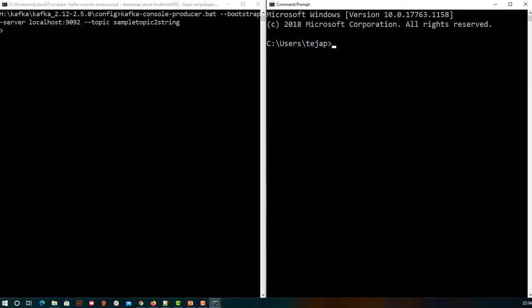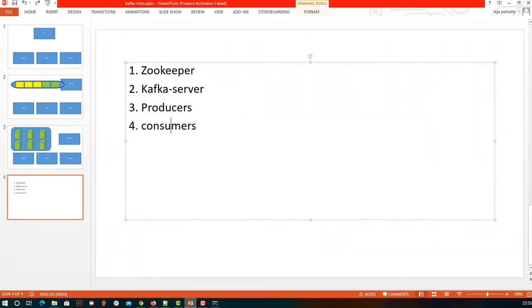Now here I'm going to open kafka-console-consumer.bat, and here we have a different set of options, --bootstrap-server, which is running on localhost:9092. There is one more new concept. Let me take a minute for this, and then I'll explain it to you.